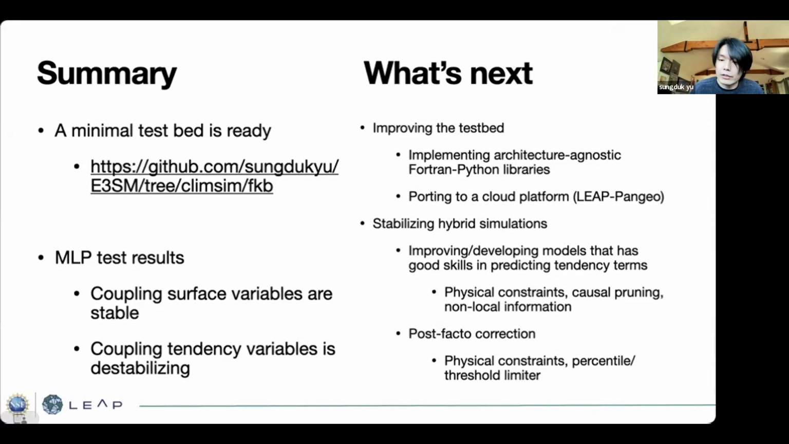the models to have better skill in predicting tendency terms, and there are many untested ideas. We haven't imposed physical constraints, and also we can try causal pruning, or we can try to incorporate non-local information,